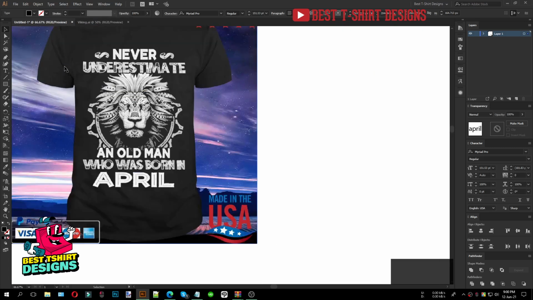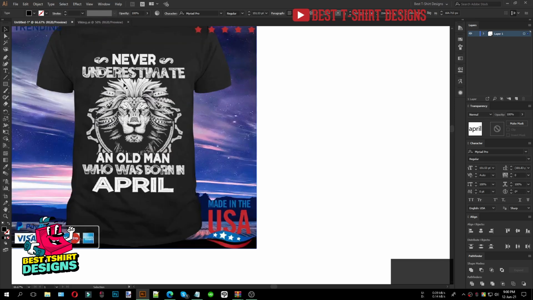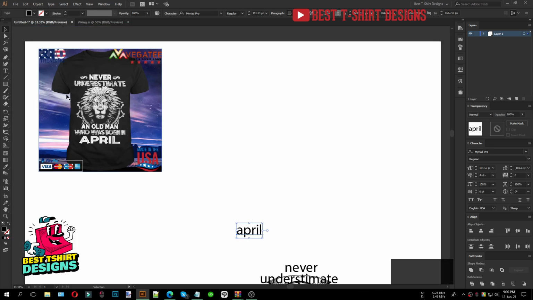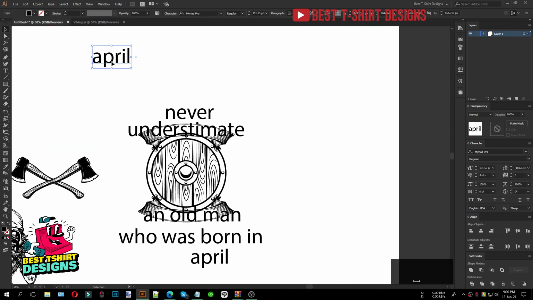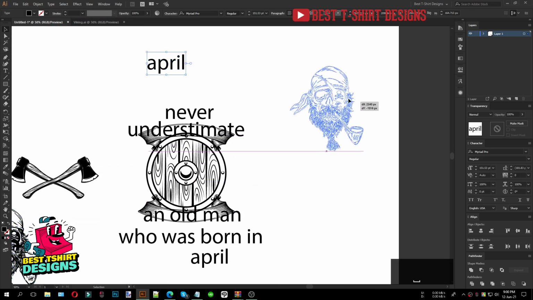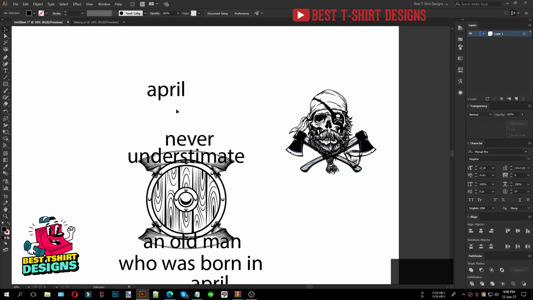You can see this is a very hard kind of design. These are very muscular kinds of designs. They are also using some effect inside the text, but that's not the point. The point is they are using some muscular text. So we will use a similar kind of text, not like those. And I am making a Viking theme here, with the skull and the axes. So this is going to be a Viking-related design, so I will take some fonts according to that.